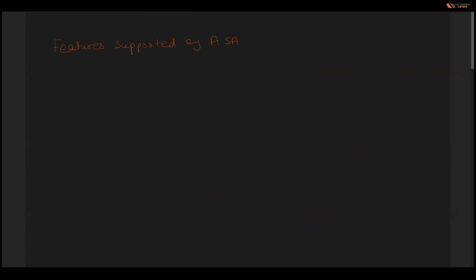And after that, we have AAA support. Although all the features are not listed here, AAA is very important nowadays. If you have heard about this, it is authentication, authorization, and accounting. Although we have a separate ISE module for that in CCNP Security, and we will be talking about that for a very long time, it would be a topic for more than